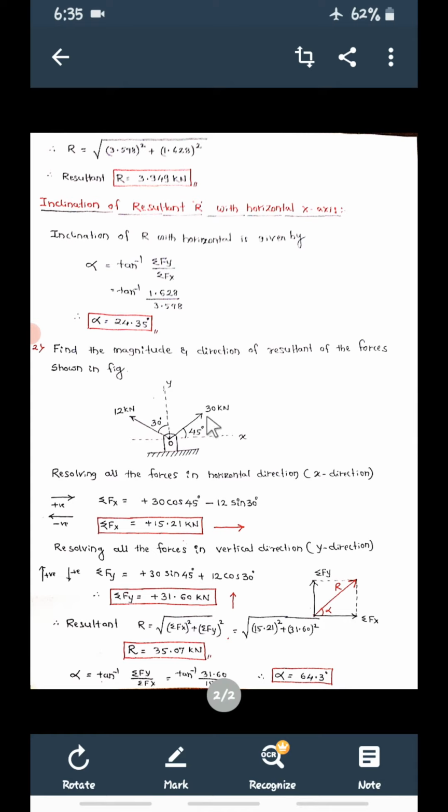So combining these two, finally we have found a single force which has the same effect as that of these two forces. These two are the simple problems. So please once again go through and solve these problems. If any doubts are there, feel free to ask me or Tejaswini madam. In the next class we'll come up with some more interesting problems, some typical problems we're going to solve. So remember the sign convention is important, and when you have to take cos and when you have to take sine. That is the most important part of this problem.